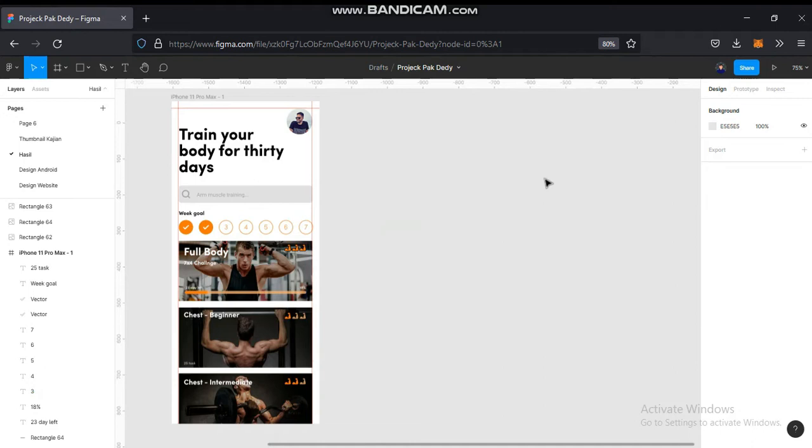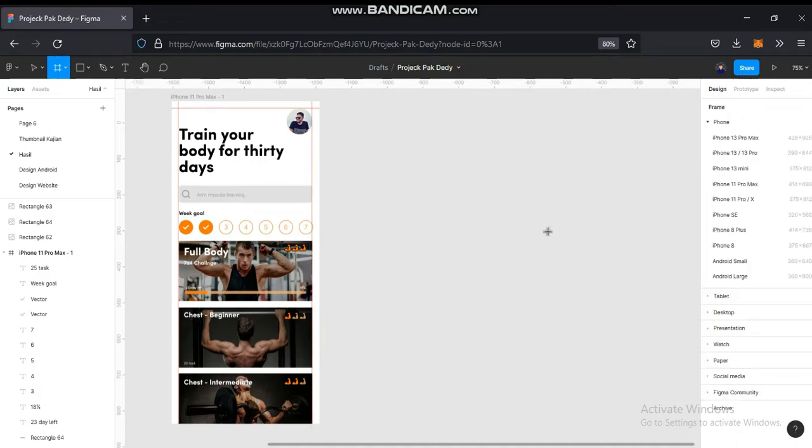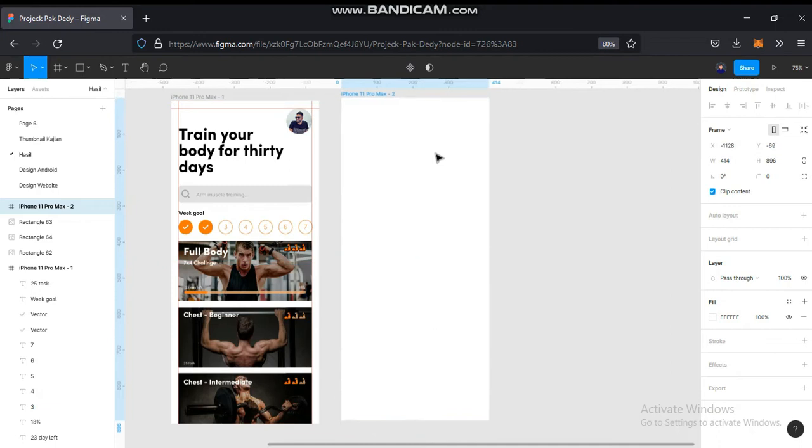In this video, we design a gym app, a mobile app. Gym app display. Okay. Step 1, we add the frame iPhone 11 Pro Max, and then we fit